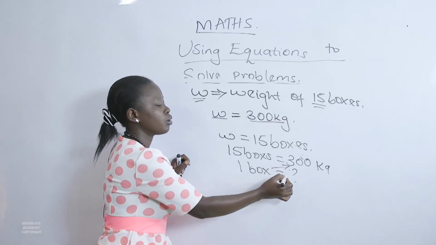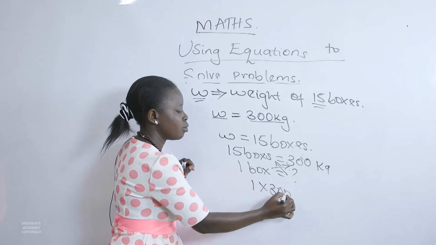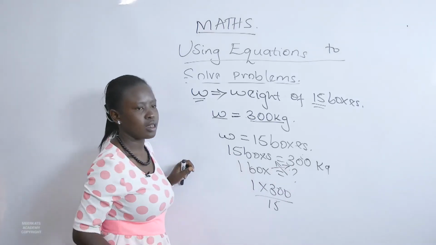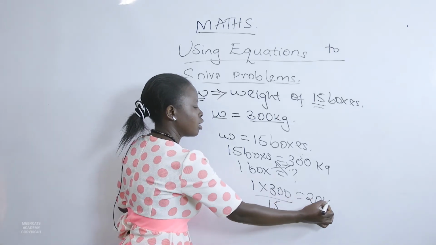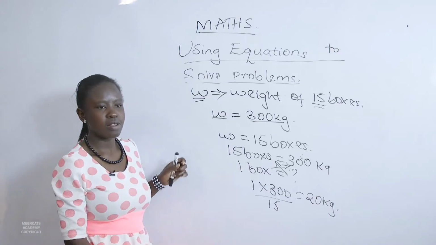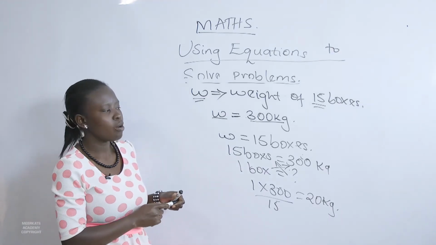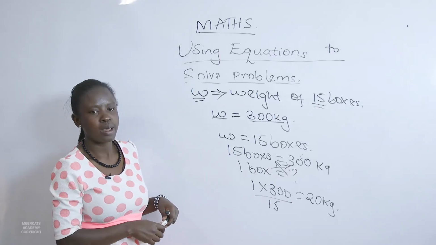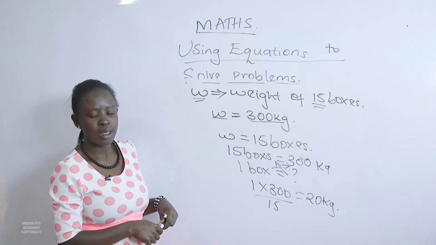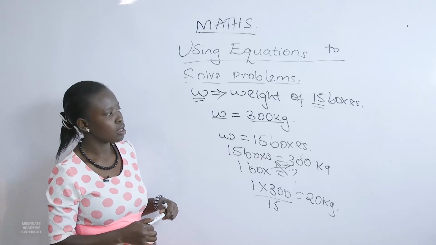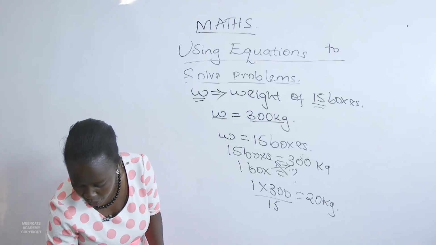So we simply cross multiply. That means I have 1 times 300 divided by 15. And 1 times 300 divided by 15 gives us 20 kilograms. So whatever the situation is, you need to identify how you have defined your pronumeral. After you've understood the definition of your pronumeral, then it will be easier to solve the given equation. Lastly,